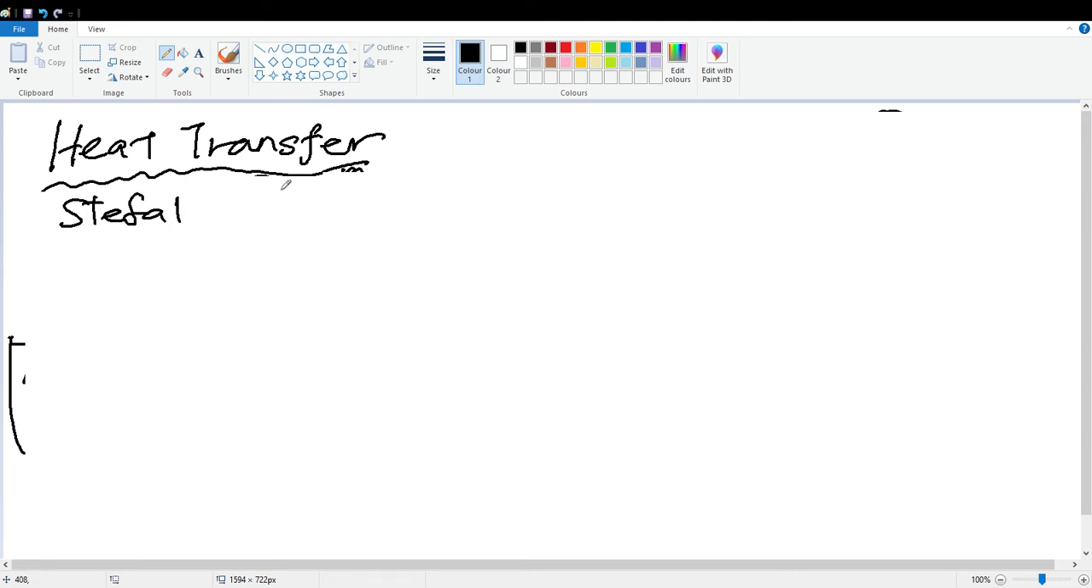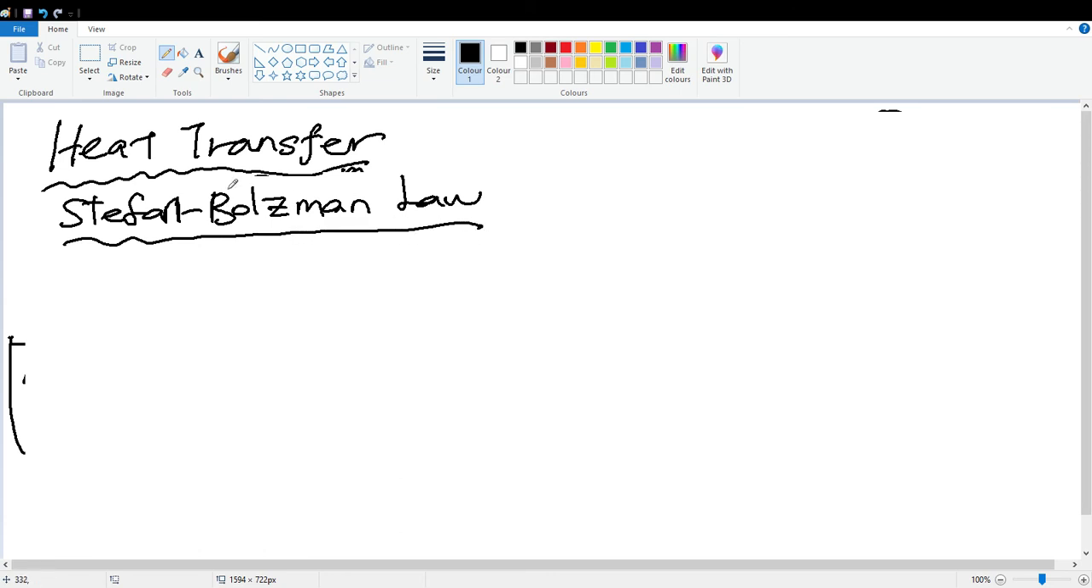So let's move on to the Stefan-Boltzmann law. So the Stefan-Boltzmann law states that